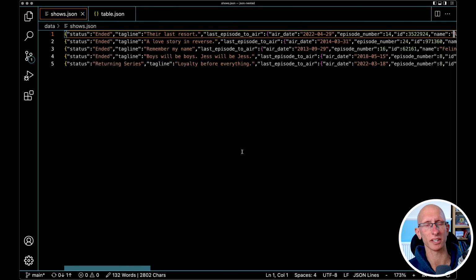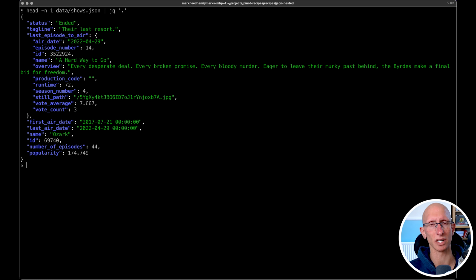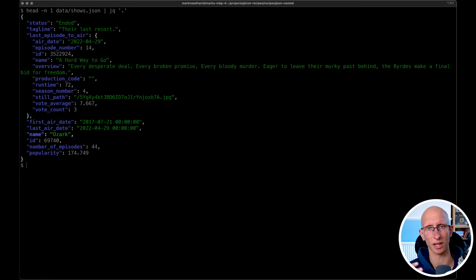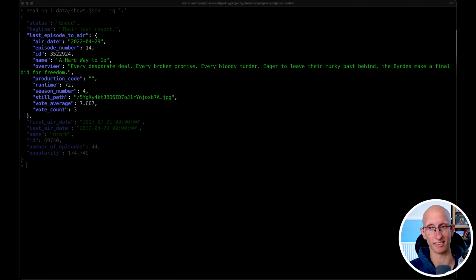On the screen now we can see a file which has some JSON documents that we're going to ingest into Kafka and then get from there into Pinot. If we move over to the terminal, we can have a look at what one of these files looks like. You can see they're representing TV shows. We've got an ID, a title, some other metadata around the episodes, and then a nested structure containing one of the individual episodes. It's the last episode that was aired, and there's a bunch of metadata in there as well, including a name, an ID, an overview, and some other metadata.